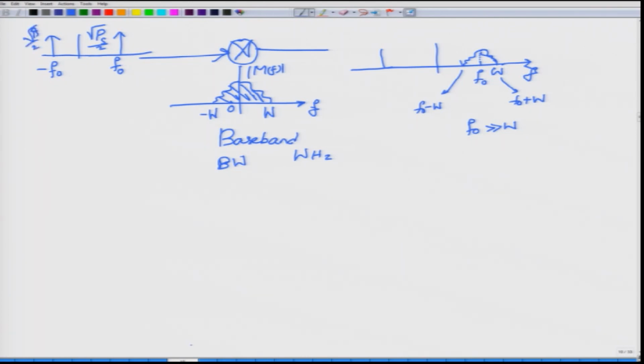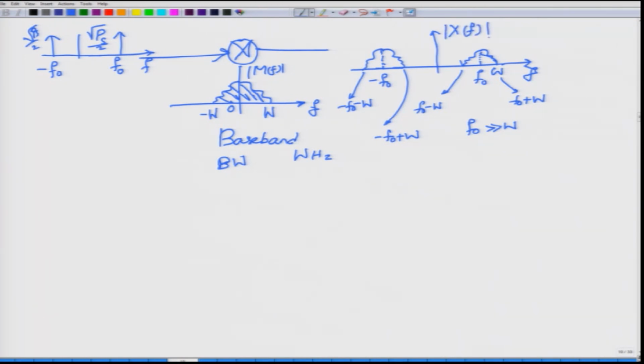Okay. This is all coming from simple Fourier transform theory that you must be familiar with, and if you look at the carrier, it has 2 impulses, one at f naught and the other at minus f naught, and when you multiply that with m of t, you are going to shift the spectrum m of f into 2 portions, one to the right that is centered at f naught and the other one centered at minus f naught. So, again you will have your baseband signal, both will actually have the same amplitude, and this frequency will now be minus f naught plus W, and this one will be minus f naught minus W.